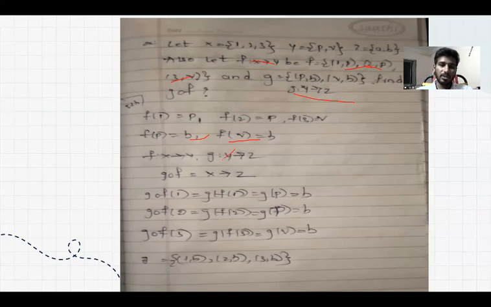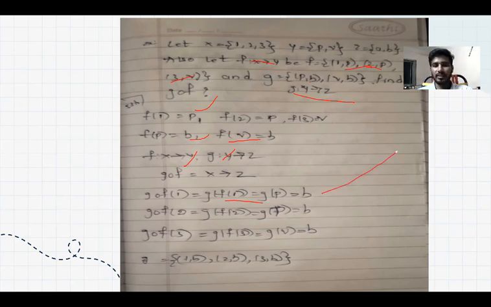So these common functions are available here. And the direct function f: x to y, g: y to z, g circle f is x to z. g of f of 1 means g of f of 1 in parenthesis form. So f of 1 equals p. Here it is, f of 1 equals p, which means g of p, and g of p becomes b. g of p is b.